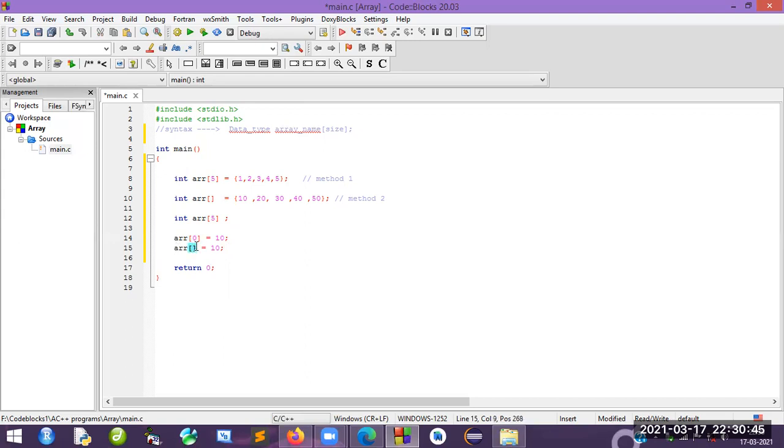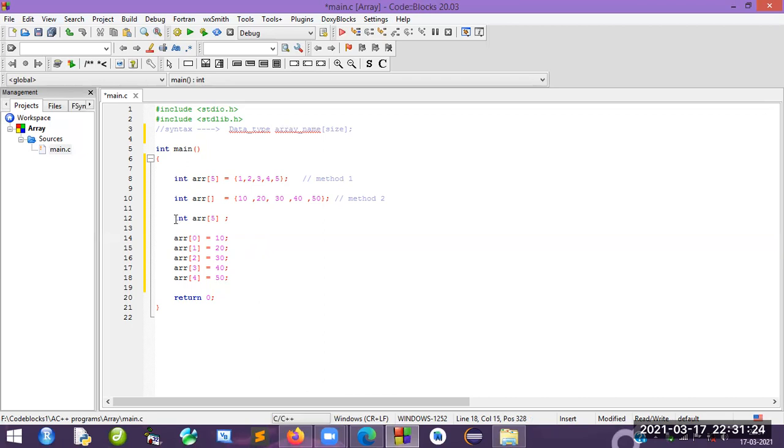Array of 1, I will say 20. Array of 2, I will consider as 30 here. ARR 3, I will consider as 40 here. One more, this is the fifth index, that is index 4, so that is 50.